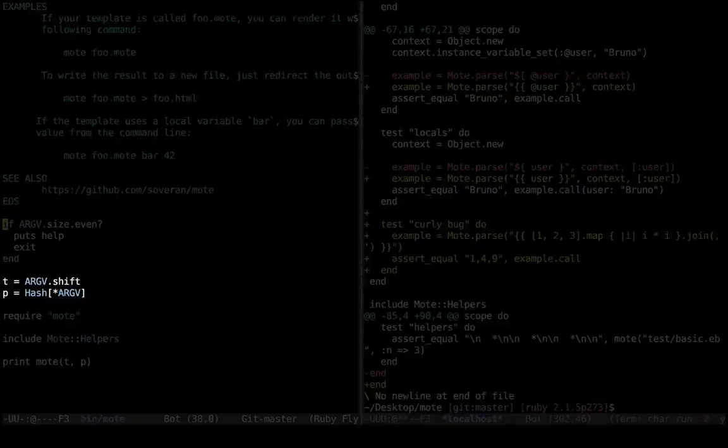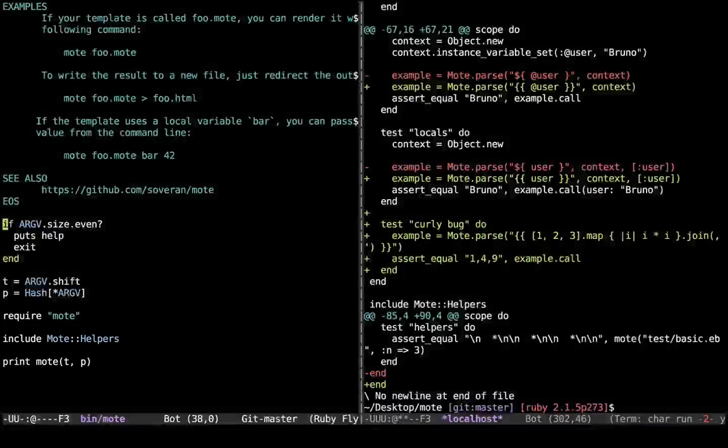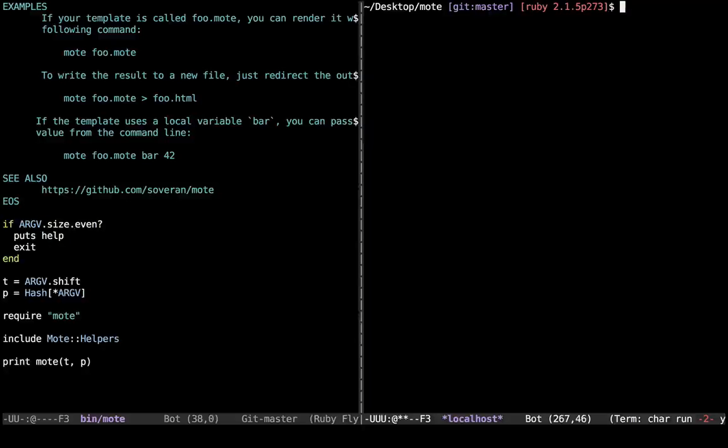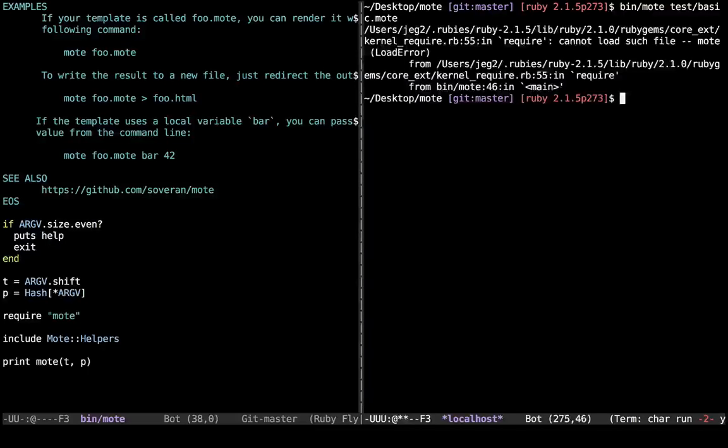The argument parsing, it looks like the template's the first thing, and it makes a hash out of any other arguments, so you can pass variables through to the templates. And then it just uses the helper, which we've seen. So we can invoke this pretty easily, probably just to try it out. We saw a template file in the test directory, so we'll just use that one. And that